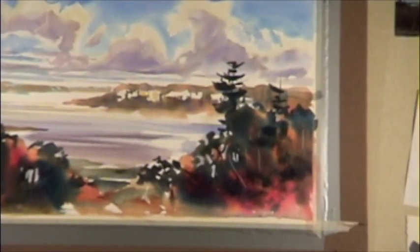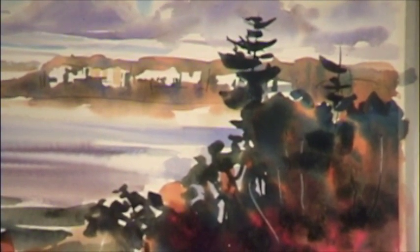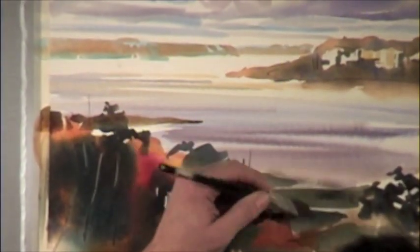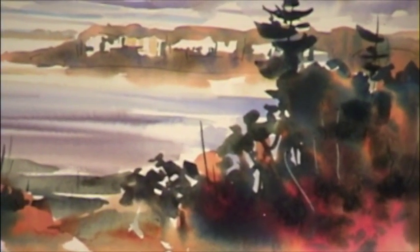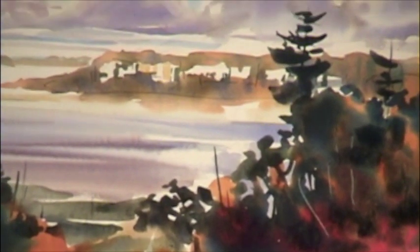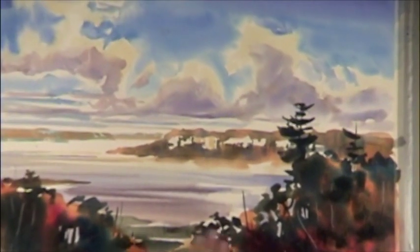Stop, stop. Oh no, I ruined it. But that's a neat spot, I think, to stop. What I'm going to do here real quick is just to...